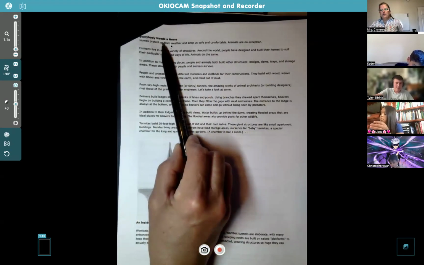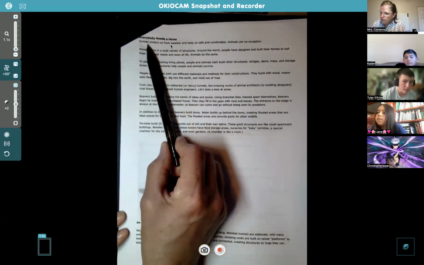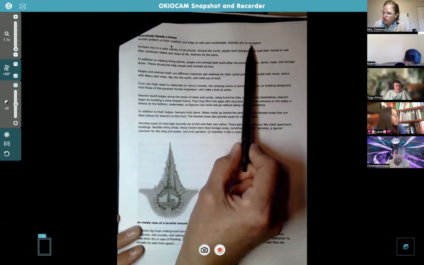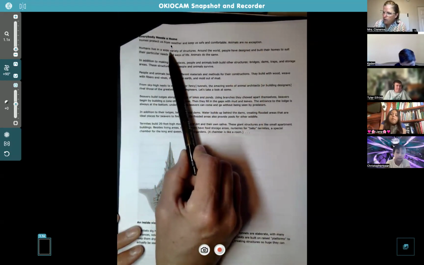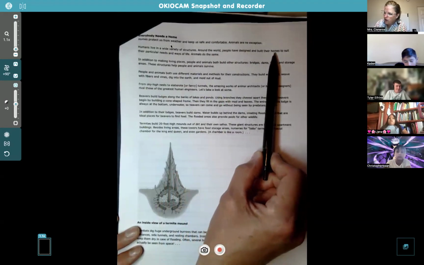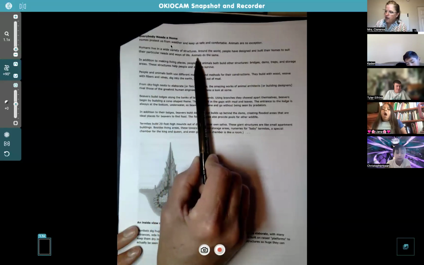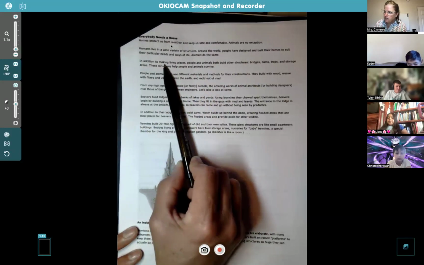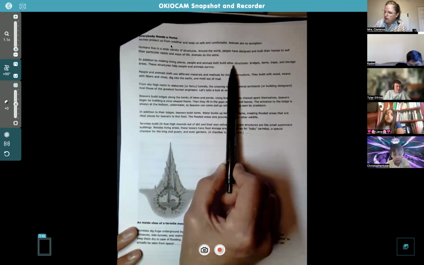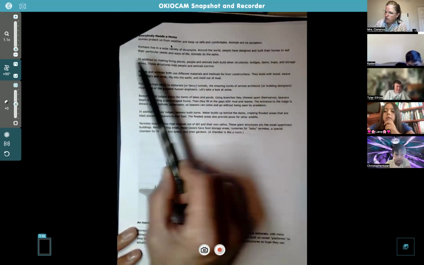At the top of this page, it says everybody needs a home. Homes protect us from weather and keep us safe and comfortable. Animals are no exception. Humans live in a wide variety of structures. Around the world, people have designed and built their homes to suit their particular needs and ways of life. Animals do the same. In addition to making living spaces, people and animals both build other structures: bridges, dams, traps, and storage areas.